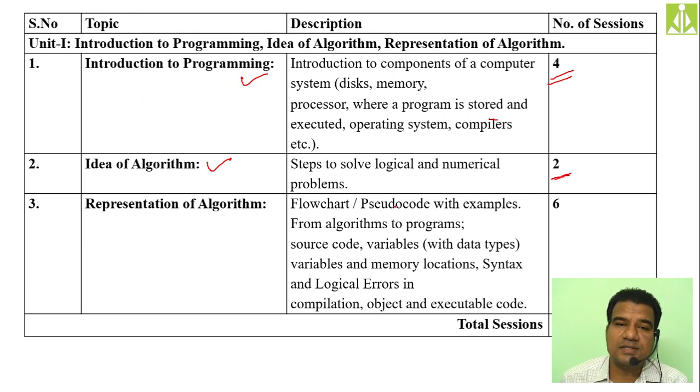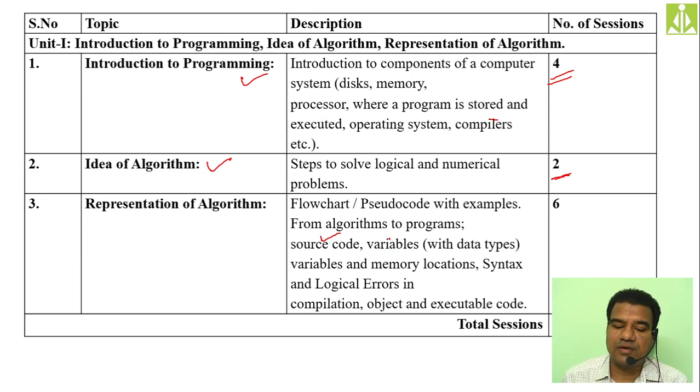And then the representation of algorithm, that algorithm whatever we have written or whatever we have understood, how we can convert that algorithm into flowchart, how we can convert that flowchart into a pseudocode, then the program, all those things. And we also solve different types of examples with the help of these algorithms, flowcharts, pseudocode and program. Okay, then we need to know what is a source code, what is object code, what is executable code. All these things also we need to understand.